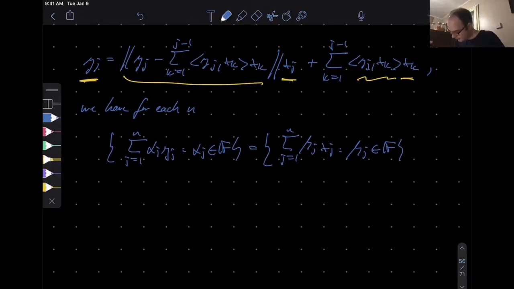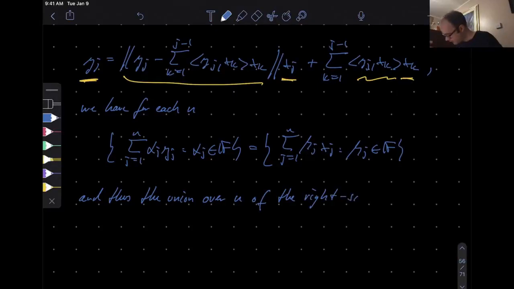And thus we have for each n, and remember the condition here for a linearly independent spanning set, namely those yj's, is that it's dense, right? The set of all linear combinations is dense in the Hilbert space. And that's what I'm going to use now. And thus the union over n of the right-hand side, meaning the linear combinations over those xj's, is dense